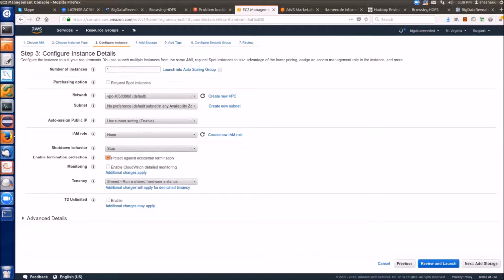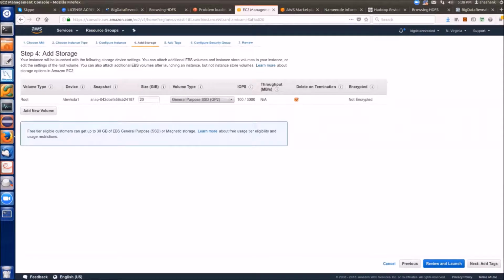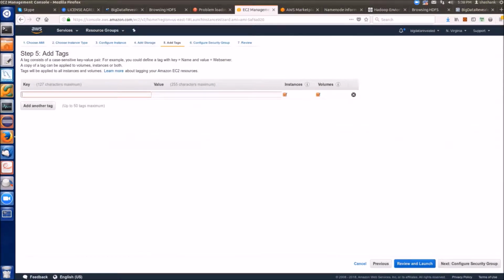I'll just select the protect against accidental termination. Then we can select the storage space. We can increase this storage space, and I'm not increasing it. Then we add the tag. We can give the name of the instance like this. The instance name will be